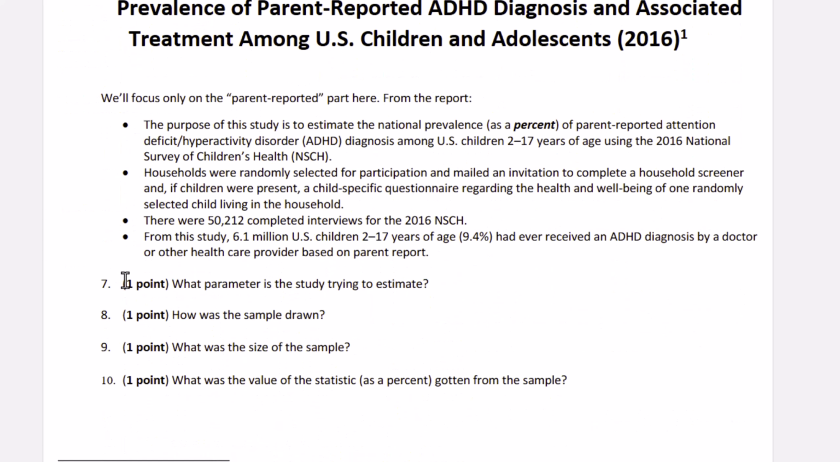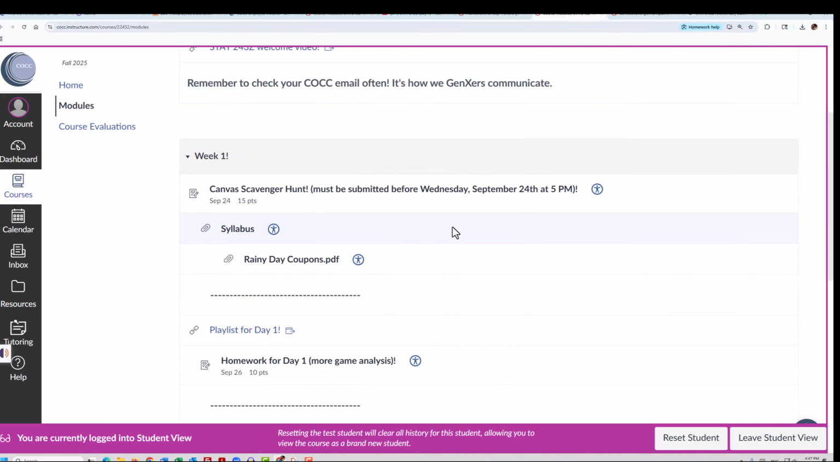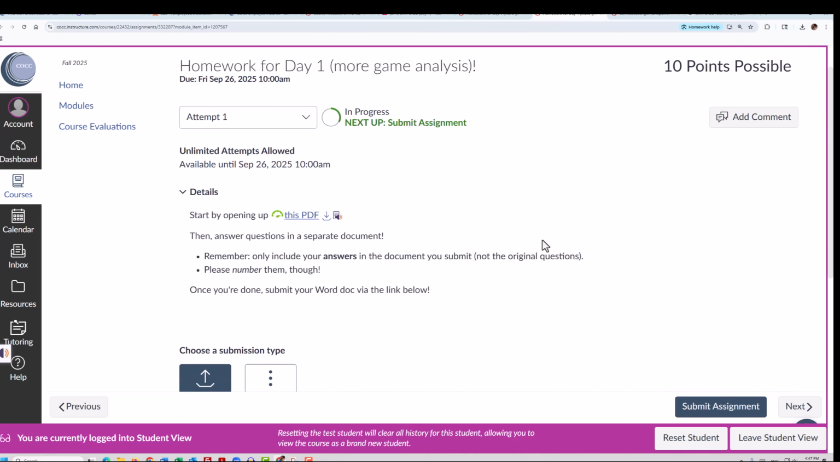Number 3, your answer. Down through number 7, 8, 9, 10, your answer. Okay, and there's a weird little font there. I'll deal with that too. And then you're going to be done. You're going to have that document saved. You're going to come back to homework for day 1, more game analysis, and you are going to